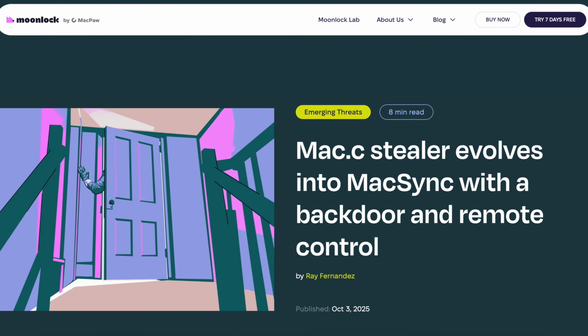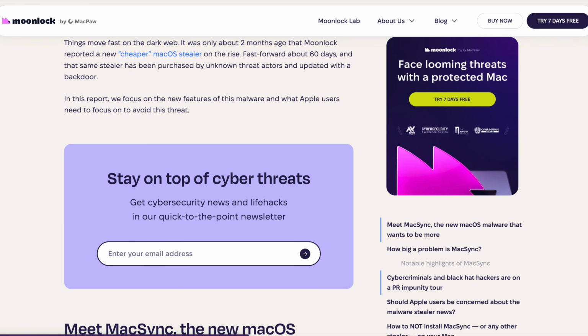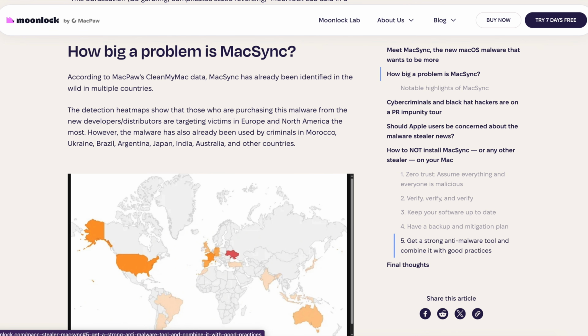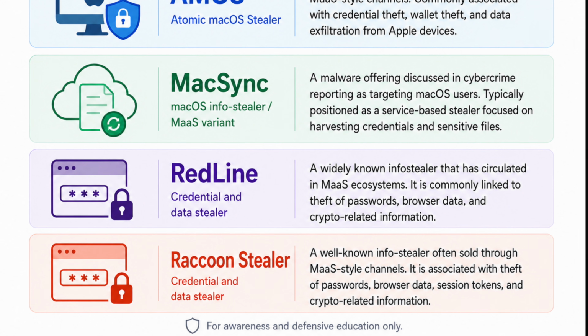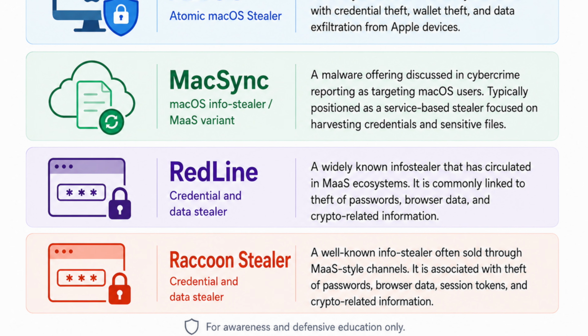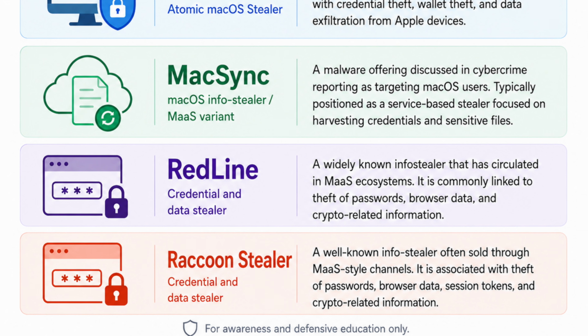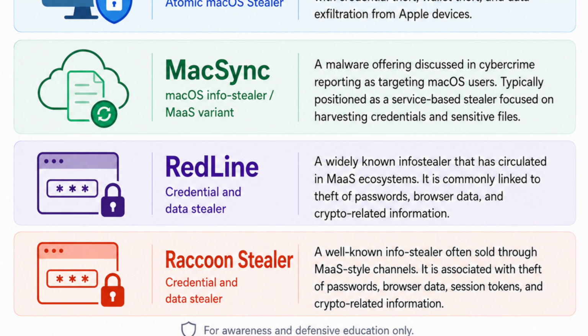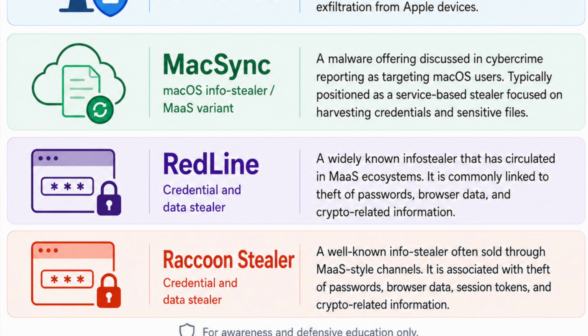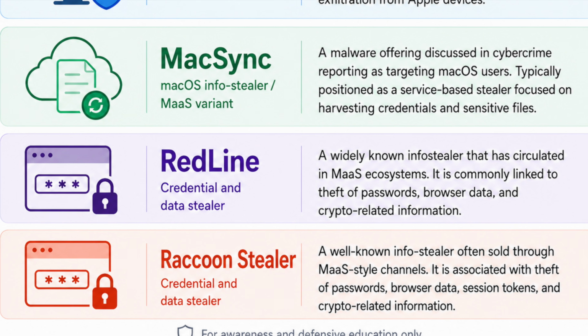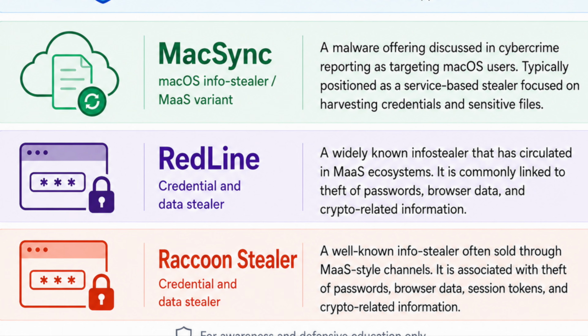MacSync was another macOS stealer that you should know about. You know, Moonlock described this one as a major threat to Mac users, including recent campaigns where it was impersonating tools such as Claude and N8N. So it's going after these AI tools to make you think that they're legitimate, but they actually are not. Another two worth mentioning and worth looking out for are the Raccoon Stealer and the Red Line Stealer. So even if a specific stealer is more common on Windows, the same criminal model is now applying to the Mac more than ever, essentially to steal your data, steal your sessions, sell those logs, and then use them for